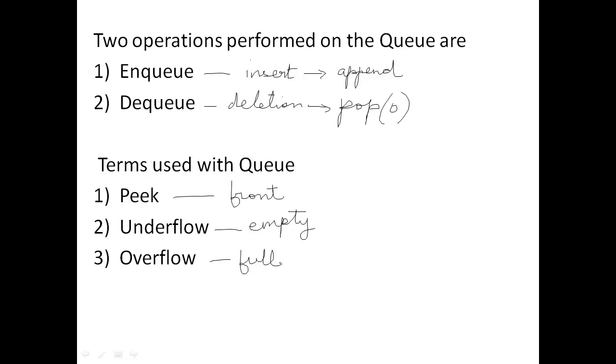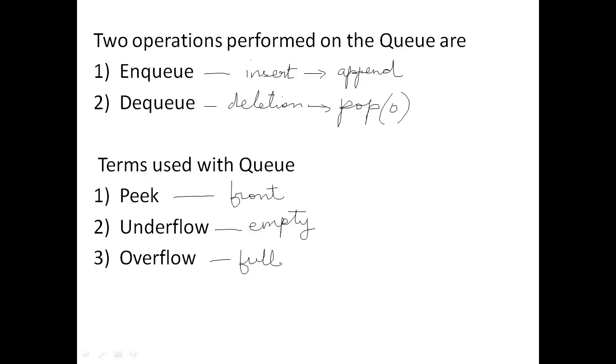Now, for example, you create a list, but then you want only 5 elements to be inserted into the list. So you could force an overflow condition. But in other programming languages, like I said in my previous video, the queue has a specific size, a given size, a static size. So beyond that, it cannot grow.